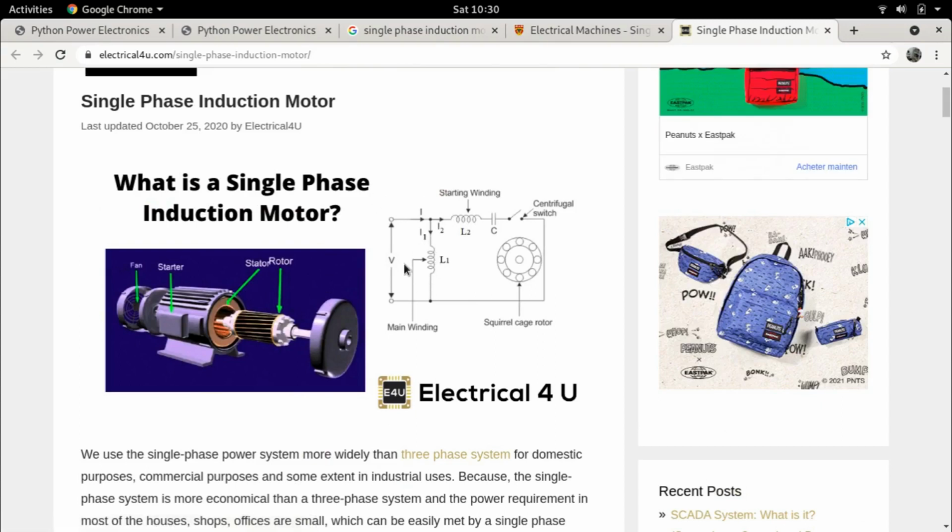We will start with just only the main winding. We will examine what happens to the torque and why this cannot be a self-starting motor. Then we will add this starter winding, and we will examine how the torque changes. So that is the purpose of this entire lecture series, to slowly explore this entire concept of electrical machine simulations.